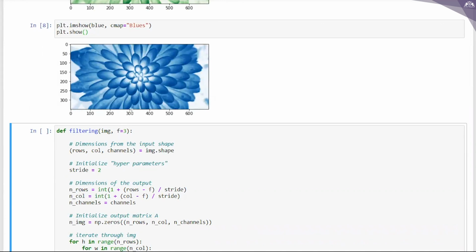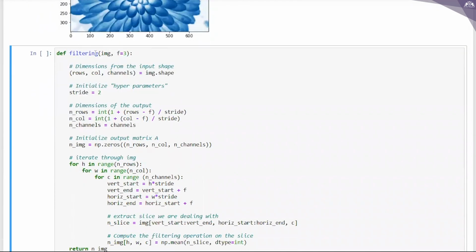Now let us enter into the filtering part. What I have written is define filtering img, f equal to 3. Then I am getting the dimensions from the input shape, that is rows, columns, channels equal to img.shape. We have seen already what these are.